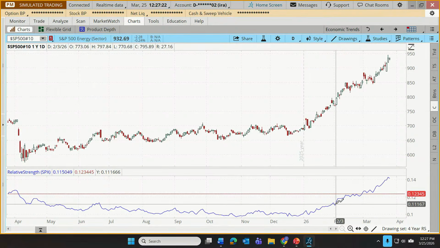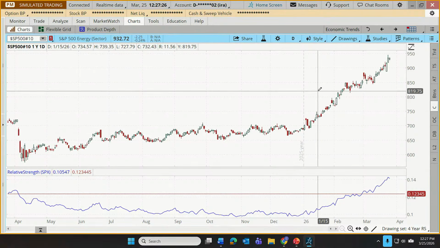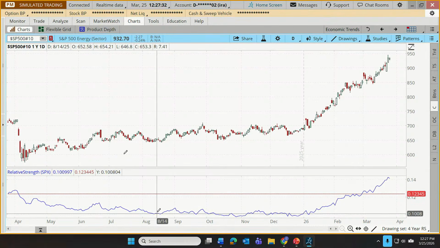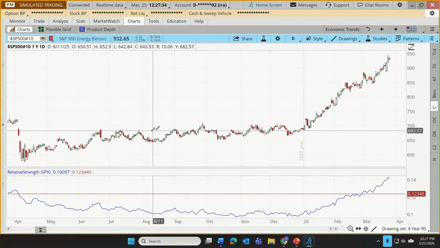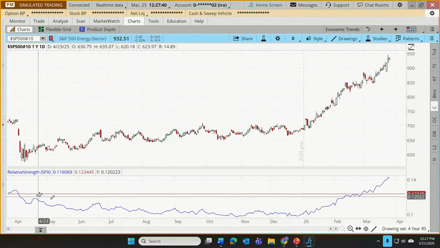When this blue line is going up, it means that for that time frame the sector is outperforming the S&P. And yes, it's possible for this blue line to be going down even when our chart is going up. That's because if energy is going up, but the S&P is going up faster, energy is still underperforming. It's relatively weaker.